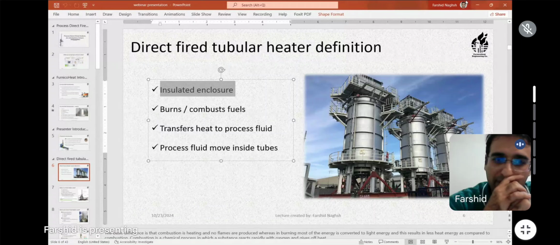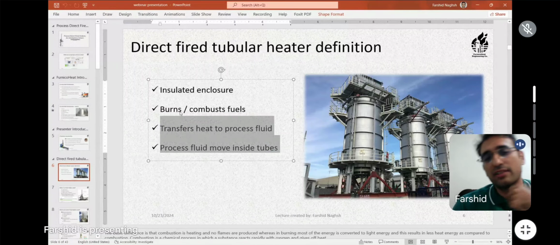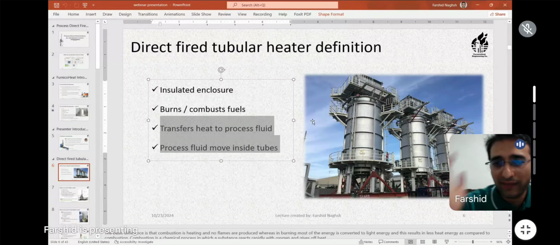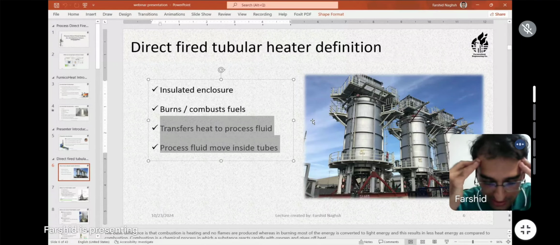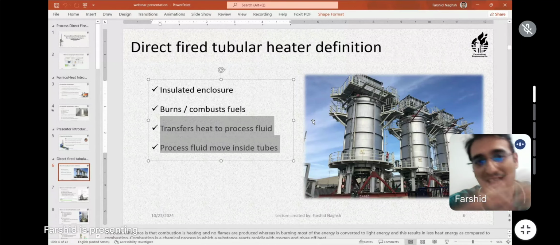So these two last sentences give two direct results. First of all, if you have a heater, if you have a furnace that for any reason doesn't have any kind of